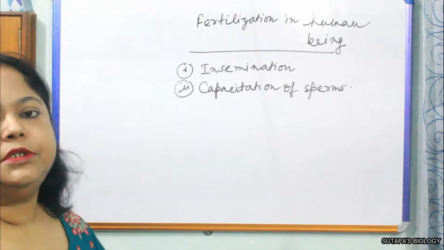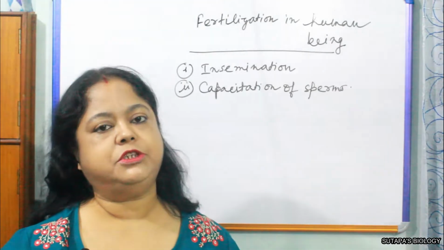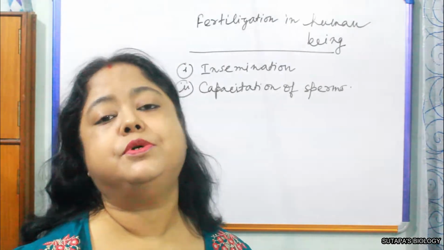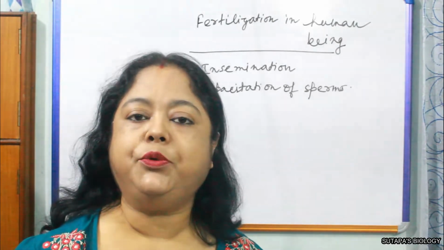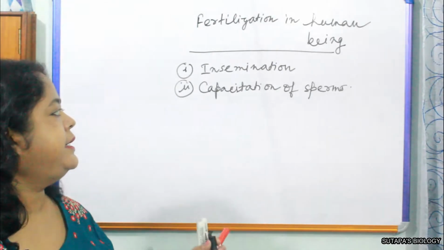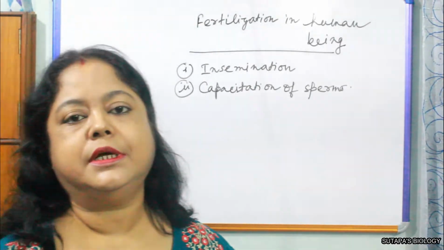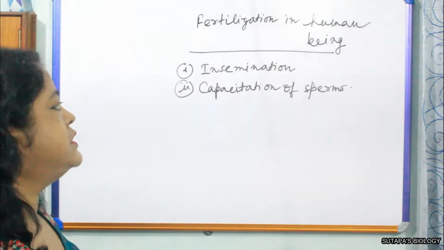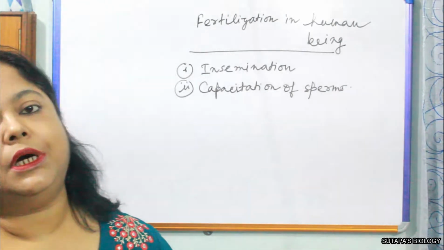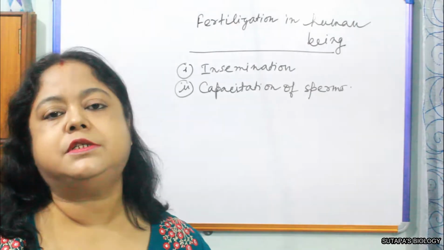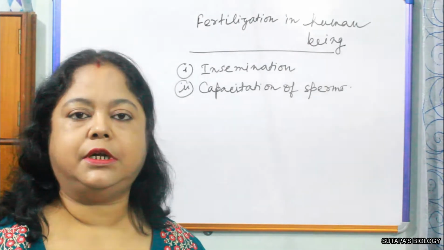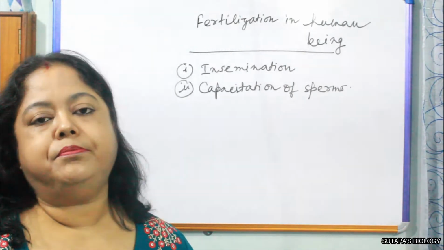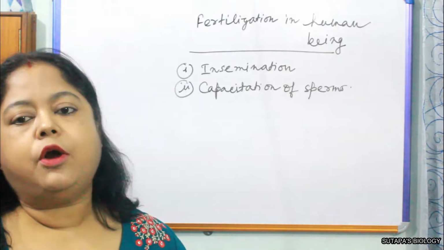What is this? Capacitation means the activation of the sperms. Activation of the sperms takes place inside the vaginal tract by the effect of the prostaglandin, as well as by the uterine contraction. The sperms get activated, and these sperms are then able to swim along at great speed. All the sperms are not able to reach the spot of the fertilization. What is the spot of the fertilization? The spot of the fertilization is the fallopian tube of the female, and the main region of the fertilization is the ampulla or ampullary isthmic junction.